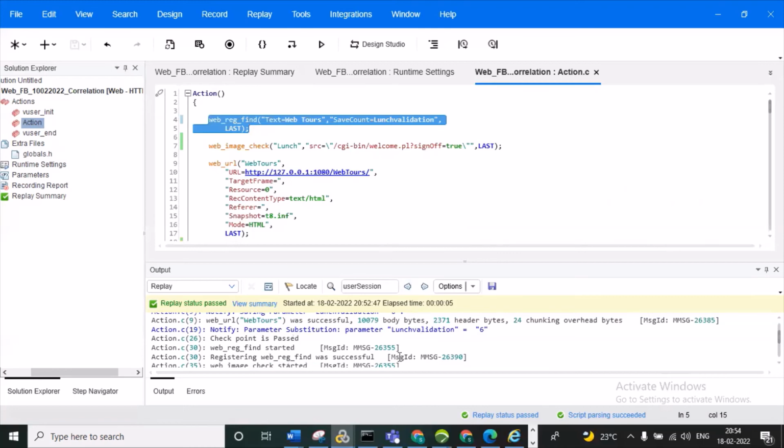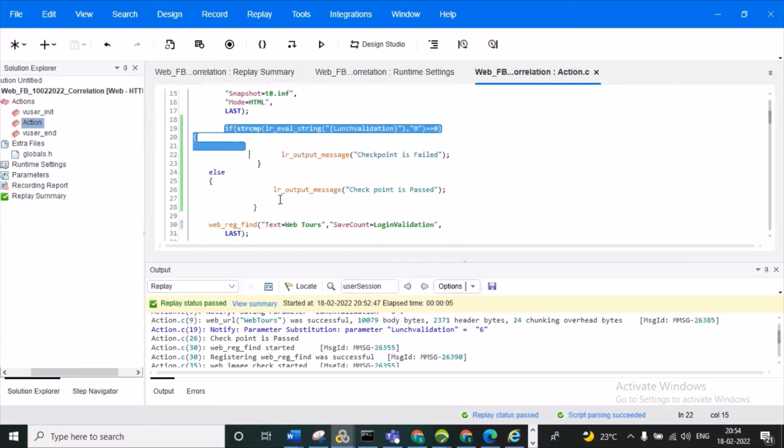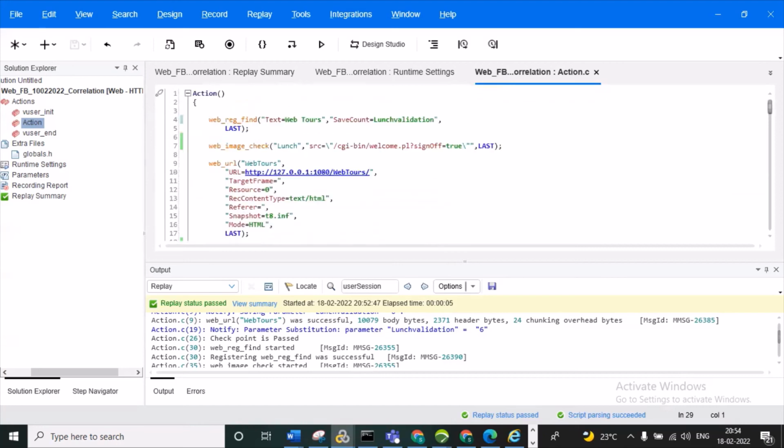I think I copied that code. I will copy and send it to you, and you can practice this also. I will paste it in the chat window. For this, no need to change anything. Just change the launch validation; you need to give your own name, whatever you like. Everyone got it? Yes, sir. So please copy and save in Notepad as a checkpoint.